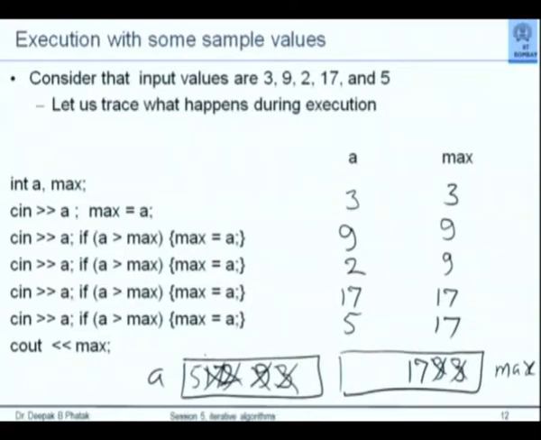Is that clear? It's actually a very dumb way of doing things. But I did spend time to go through this because I want you to understand the importance of such a hand execution. Particularly when you write complex programs, or when you are writing for the first time some new instruction structure in C++ which permits conditional or repetitive execution of statements, it is useful to hand execute a program with some simple values to know whether your logic is correct or not. In this case, the logic is correct, it has been proven.